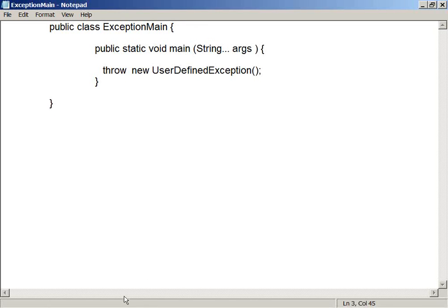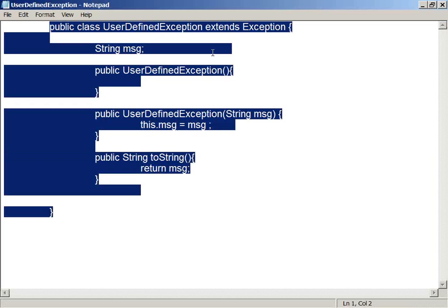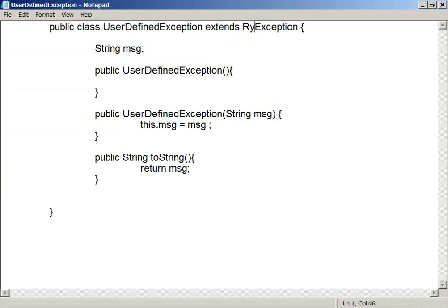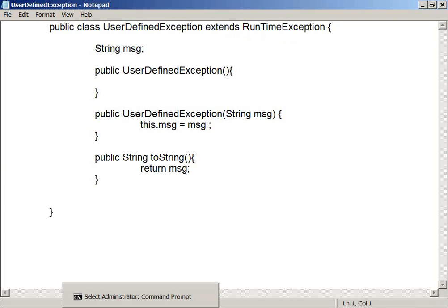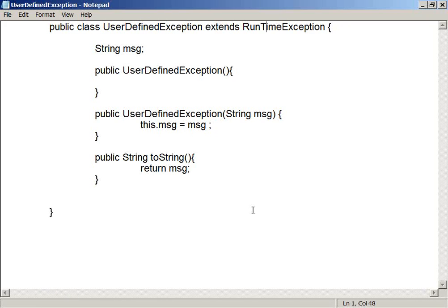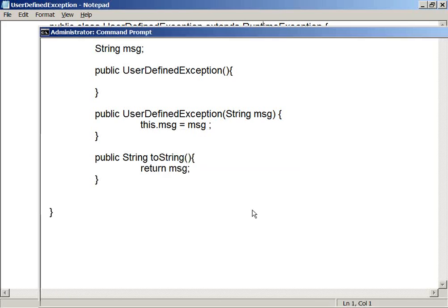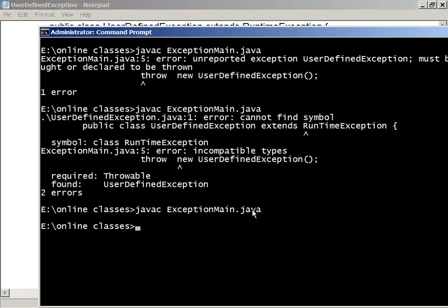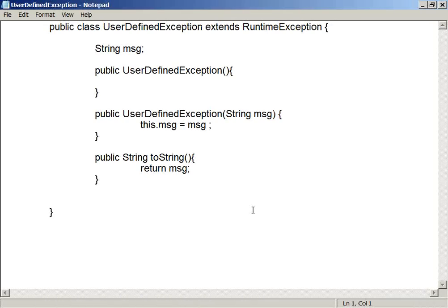Or if you don't want to make it a checked exception, generally people don't make this kind of thing here. Generally they make exceptions unchecked. That depends on how you design the class. Now it is an unchecked exception, and your compiler will not say anything here. See the difference. Your compiler is simply not checking the exception. They are called unchecked exceptions.